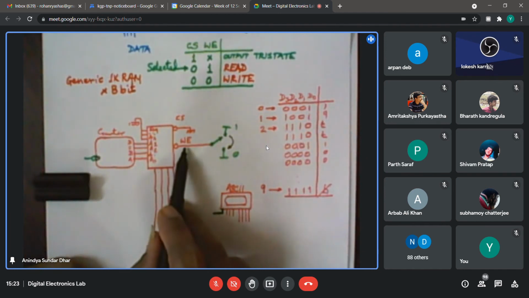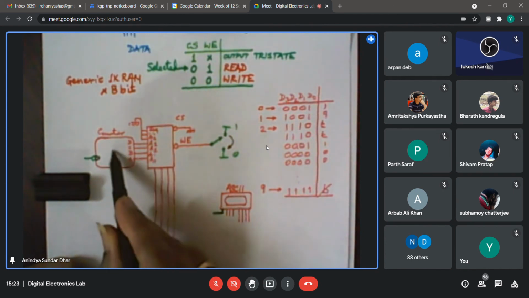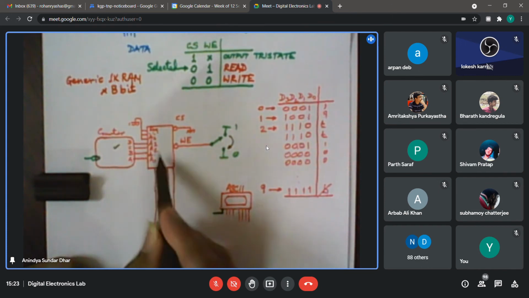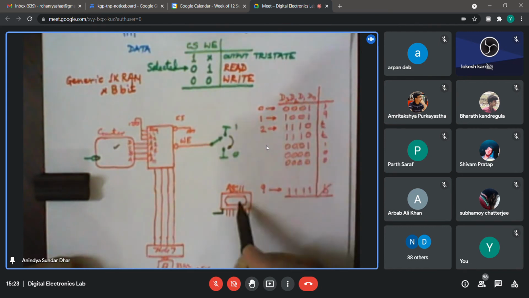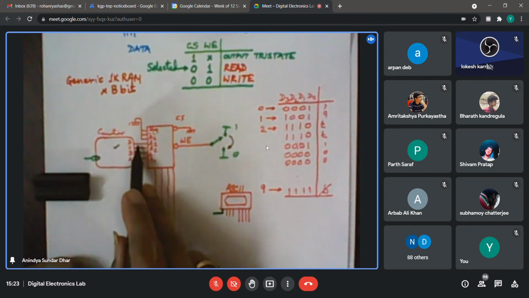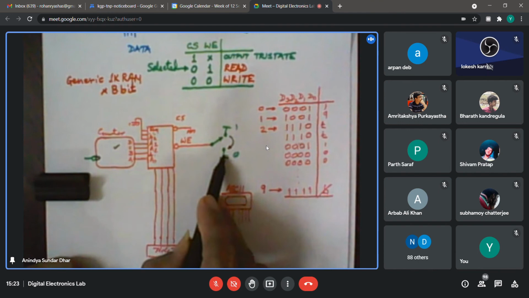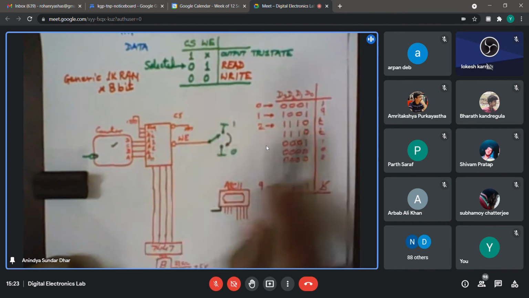So in the write mode, what will happen? Whatever I am feeding through these lines will be stored in that particular location. Which location will be governed by the counter state. If the counter state is now 0000, it will be stored in location 0. Then I will press 9 over here, and at the same time I will make an arrangement so the counter changes to 1. Now it points to the next location. Write enable is still active, so it will write 9 in the next location. In that way, I will write all the 10 characters.